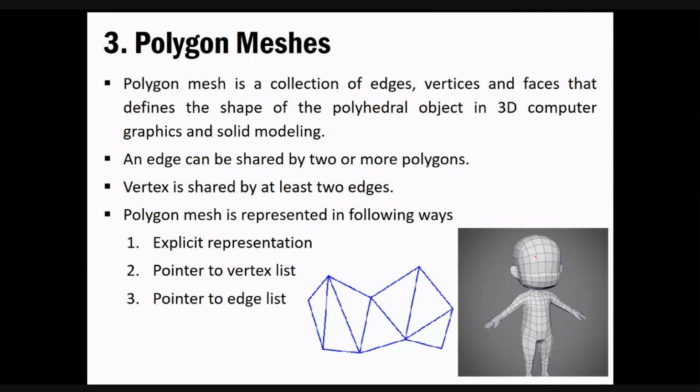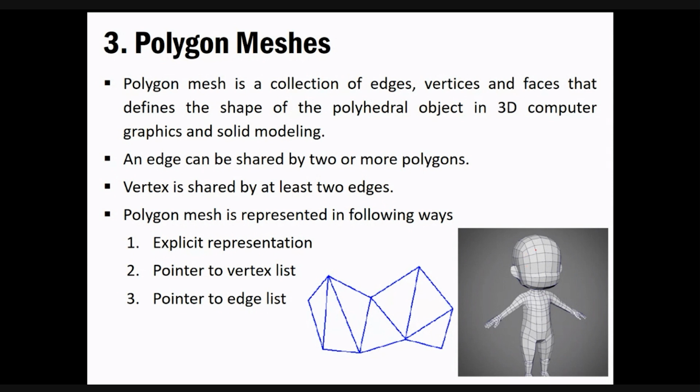But you have this minimum requirement, that an edge can be shared by two or more polygons, because at the end you are going to attach all of these things to make a completely defined shape. Suppose you are making a boy image or some car, or a circle, you would be using these kinds of shapes, and out of that you are at the end going to connect all of these things. So an edge can be shared by two or more polygons. Similarly, a vertex is shared by at least two such edges.